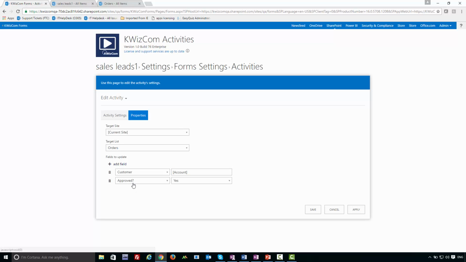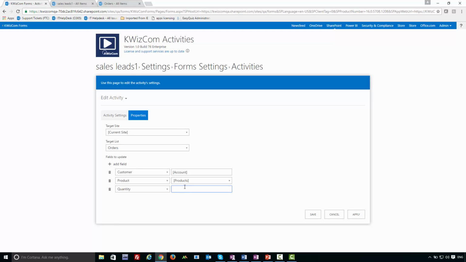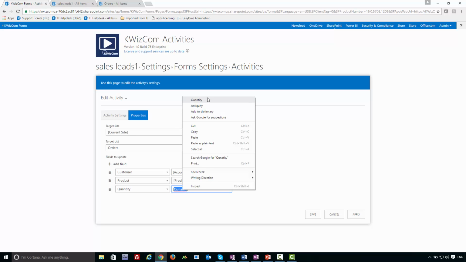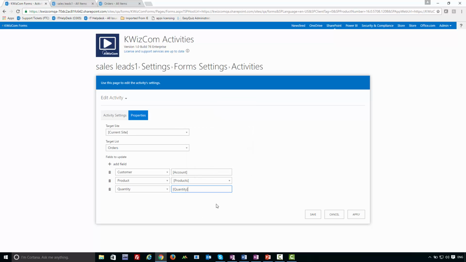And to update the ordered product, because it's a lookup field in the target list, I can just select a product, but this time I don't want to select a specific product. I want the product field to be updated with the selected product in our list. So again, I'm using the token. And finally, I also want to update the quantity to be equal to the quantity field. Okay, so let's click apply,